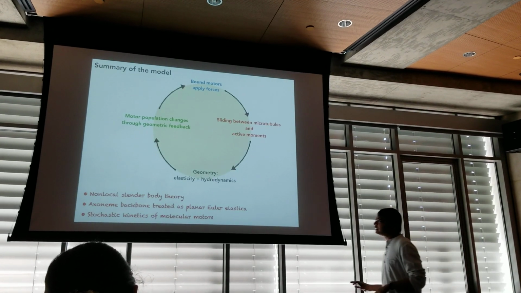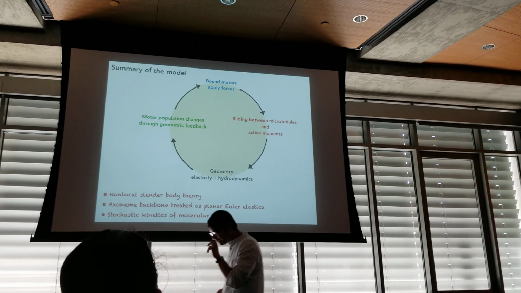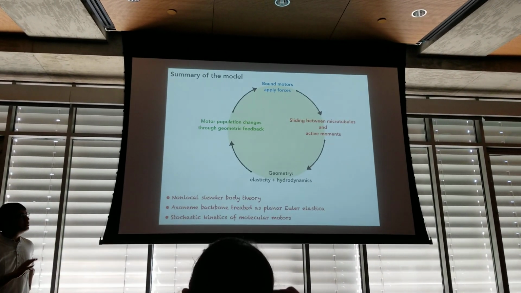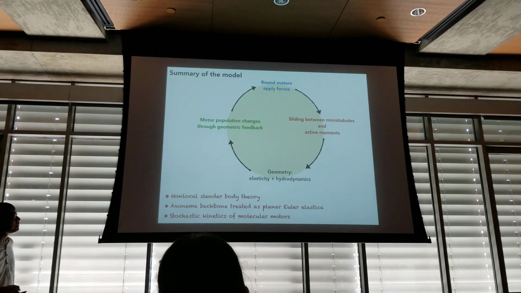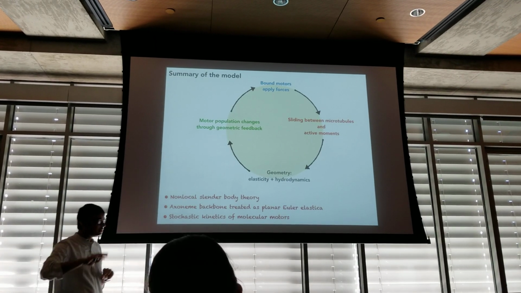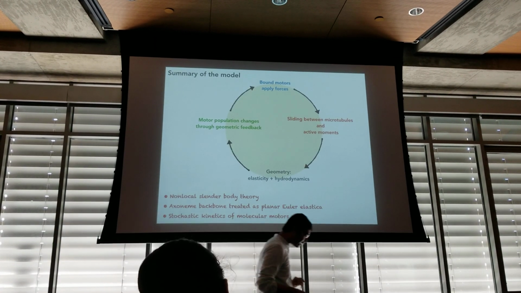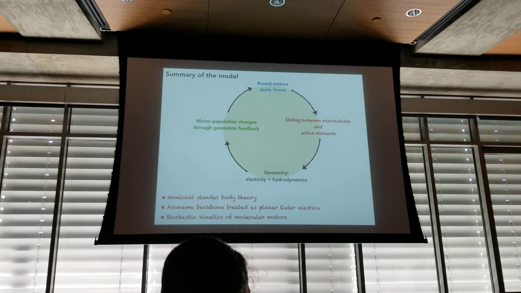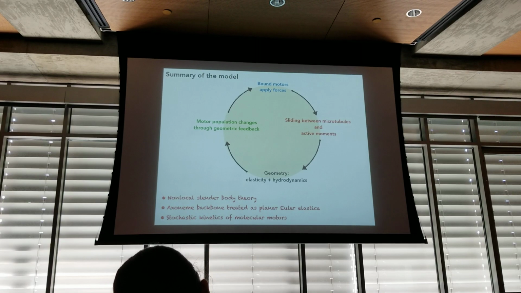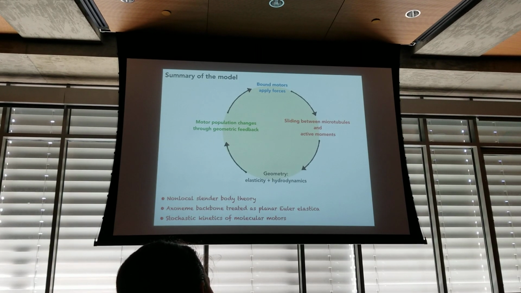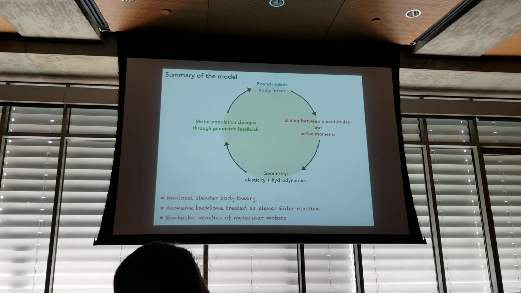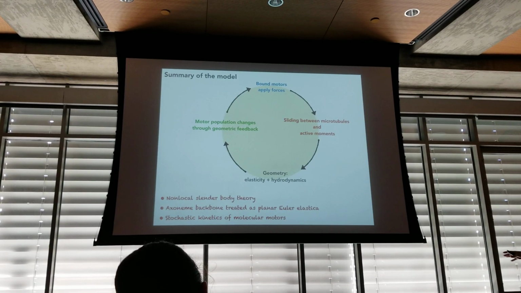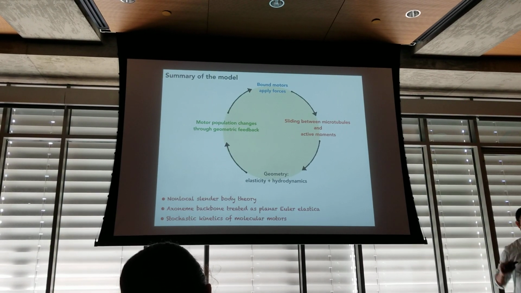Okay, I want to pause here for a moment because the last two slides are very dense. It's just full of information. So I just want you to remember the big picture of this problem. You have a floppy object, like a filament, the cilia or flagella, and on this object there are these tiny machines, or molecular motors, sitting. These motors consume chemical energy, or ATP, and with that energy they generate some forces. And through the internal structure, that force is converted into a moment that bends this structure, and you have a deformed geometry.